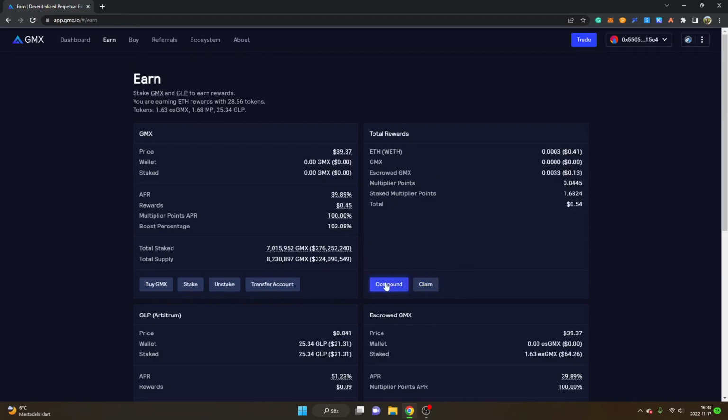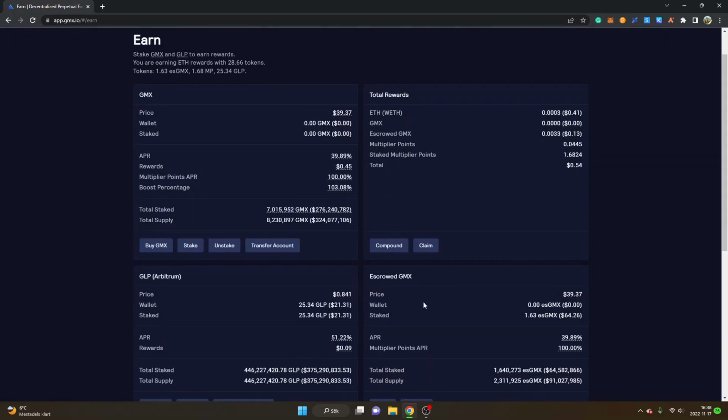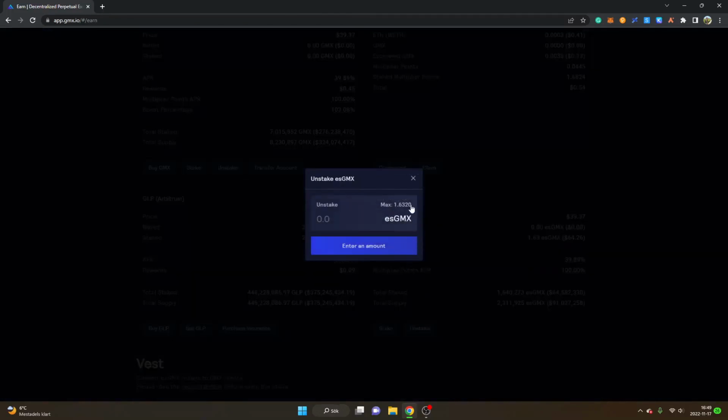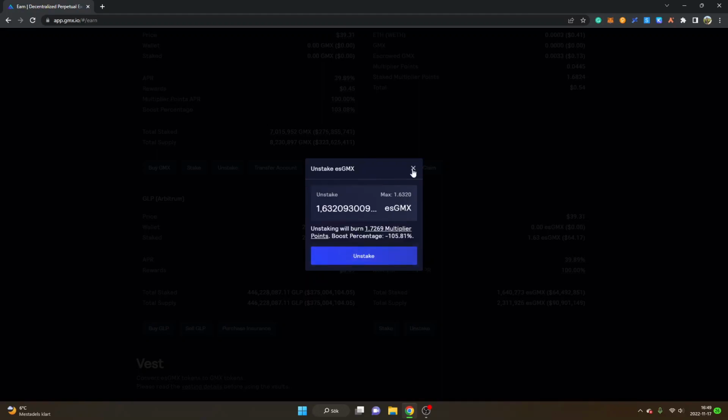You can also compound your rewards, which means that all your total rewards are compounded into some more escrowed GMX, as far as I understand. And when you have compounded and received more escrowed GMX, you will earn APR on the escrowed GMX as well. And if you want to unstake your esGMX, you can just click on unstake and you will see the amount of escrowed GMX that you have available. Then you can select the amount and then you can click unstake and then you can just confirm it in